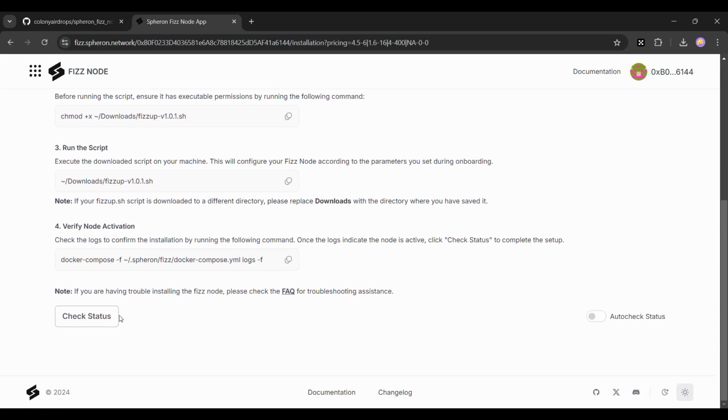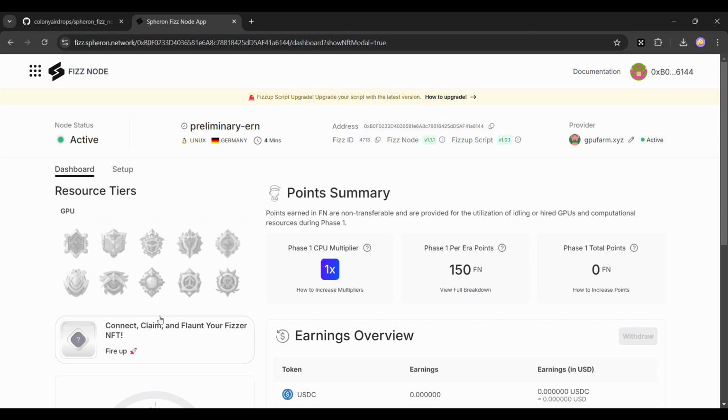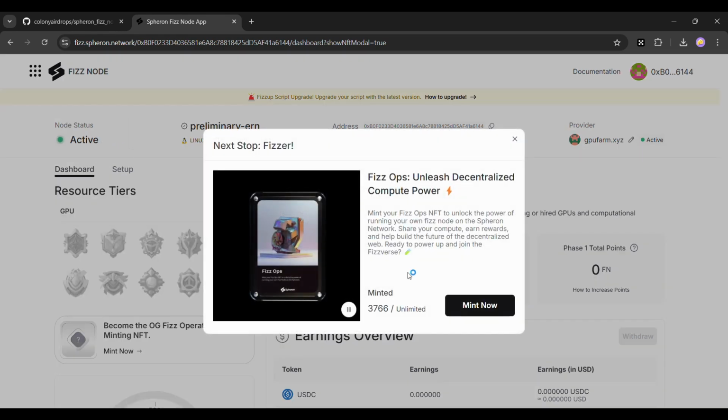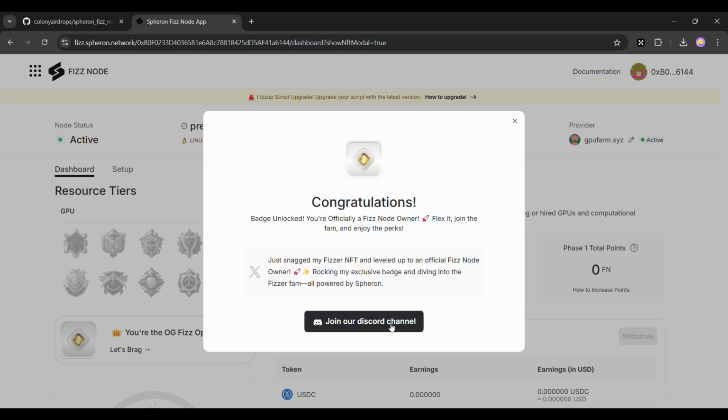Then it takes some time. Make sure the auto check status is on, and then click on check status. Node status is active. Click on mint now, get this NFT as well. See, only 3,776 people are running this.